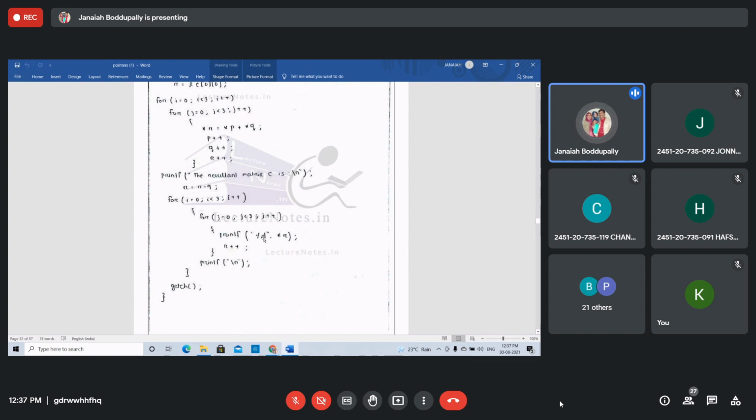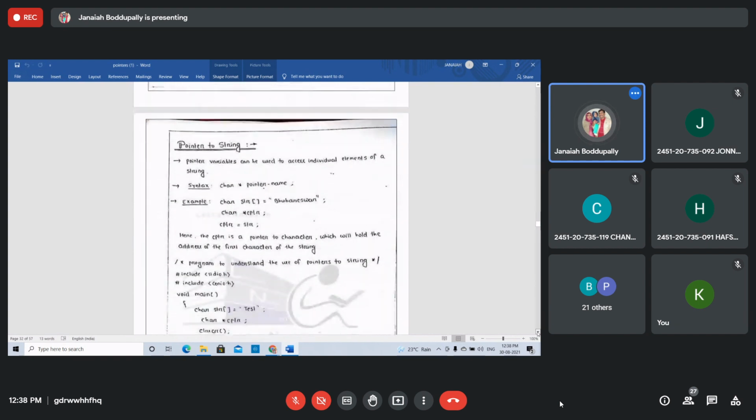In the printf statement, while displaying the elements of array C, you write star R, then display the elements every time, 0, 0, 1, 1 like this. Then increment R again. We reduce it to 0 and then start from the address location of 0, 0. Right, students? This is the two-dimensional array addition of two matrices using the pointers.